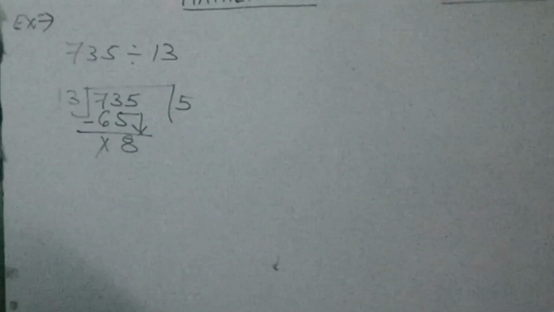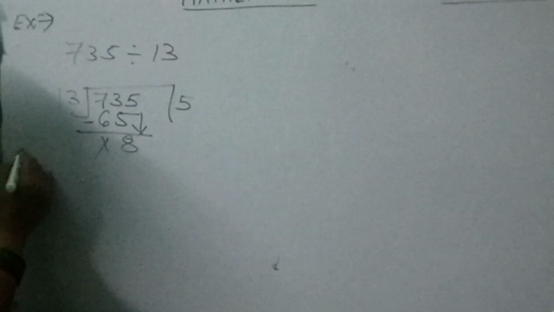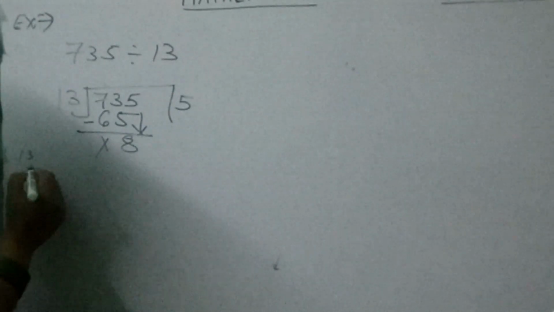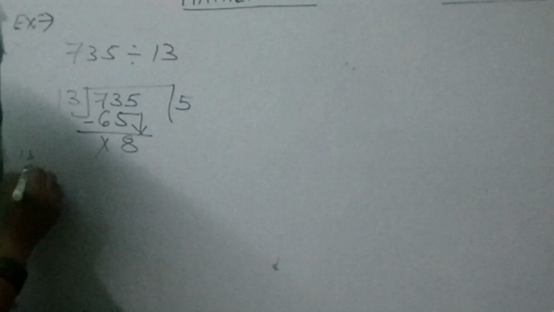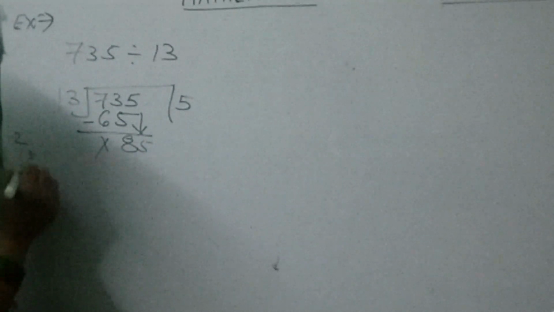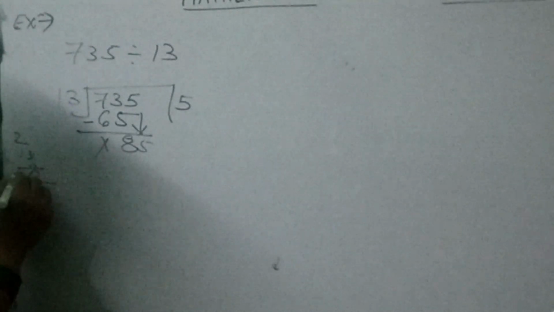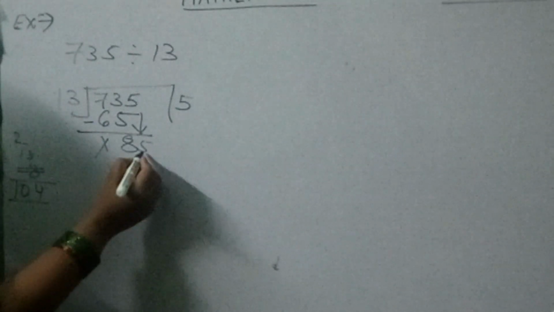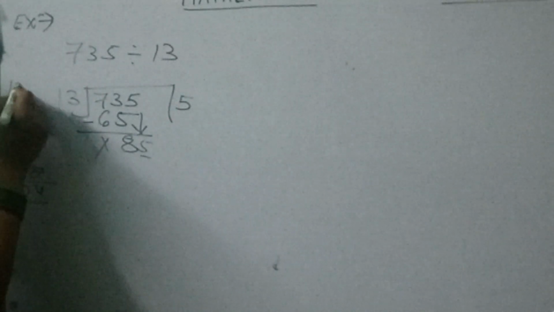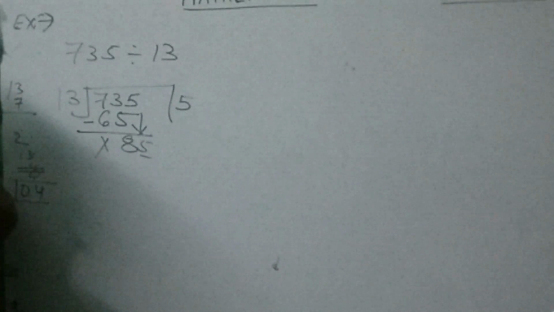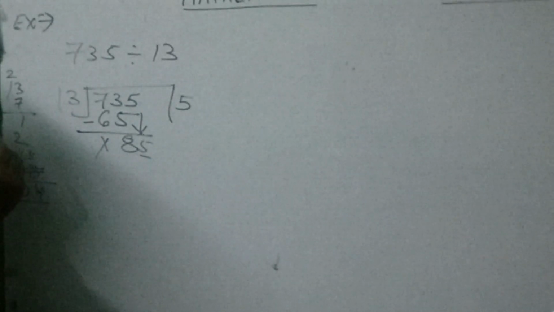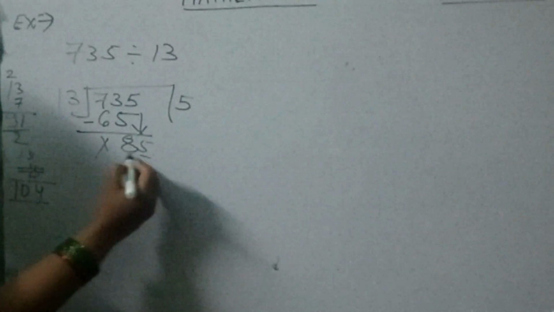Okay, then again you read. If you don't know the table, on the side you write and multiply like that. Suppose you don't know the table, then 13 8s: 8 3s are 24, 4 and 2 carry, 8 1s are 8, plus 2, so it is 104. That is greater than 85. So we will take one number less. 13 7s: 7 3s are 21, 1 and 2 carry, 7 1s are 7 and 2 is 9. 91 is also greater than 85.